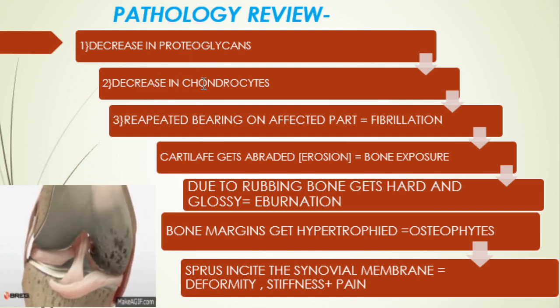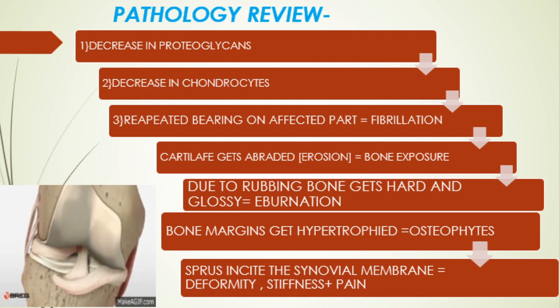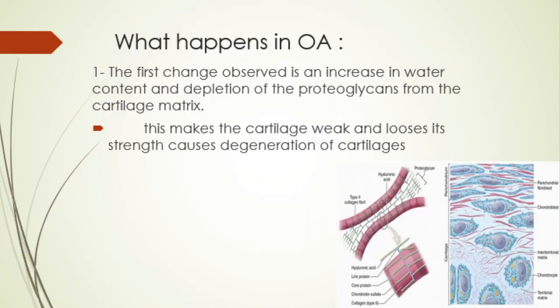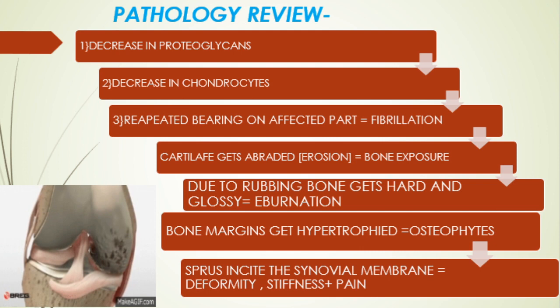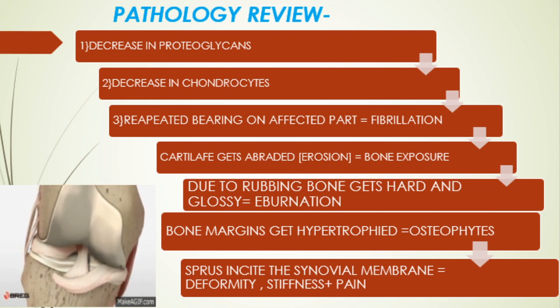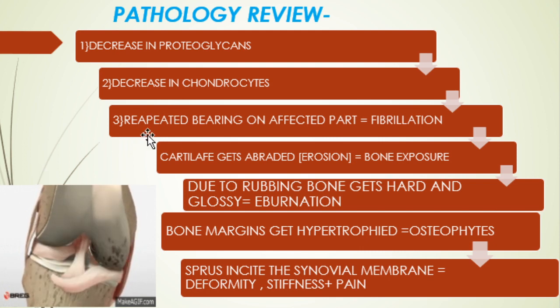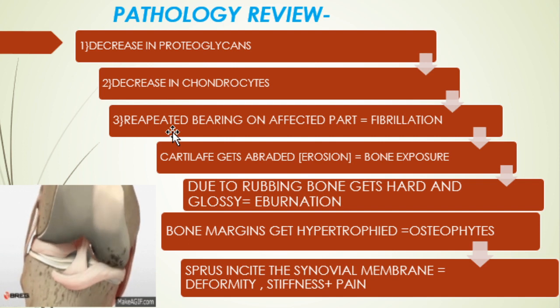Second, there is a decrease in chondrocytes. Why do the chondrocytes get decreased? Because chondrocytes are maintained by two enzymes, a destructive and a constructive enzyme. An increase in destructive enzymes will cause a decrease in chondrocyte number, and this ultimately lowers the strength of the cartilage. Because of these two reasons, the cartilage gets very weak, and on such cartilage, repeated bearing on the affected part